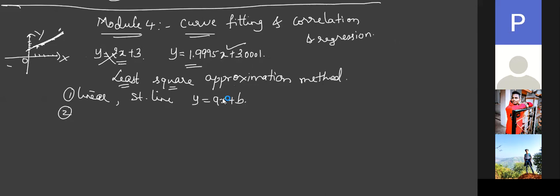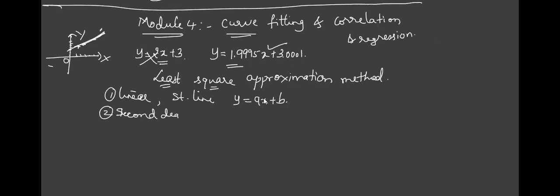Next we are going to fit the second order parabola or second degree curve. It is called a second degree curve or second degree parabola. Usually the parabola format will be y square equal to 4ax, right? So here we have it as y equal to ax square plus bx plus c format. See, this is linear ax plus b, isn't it?